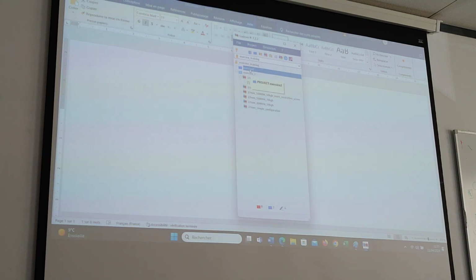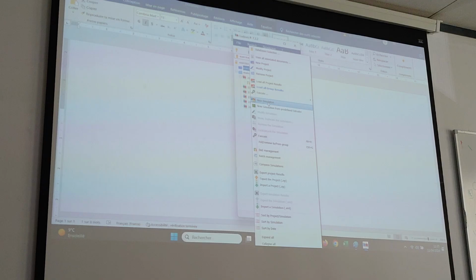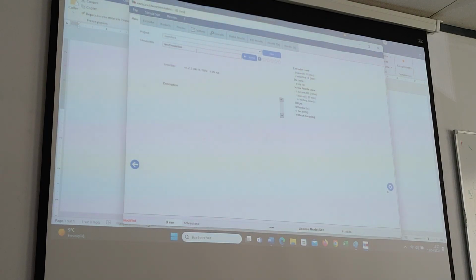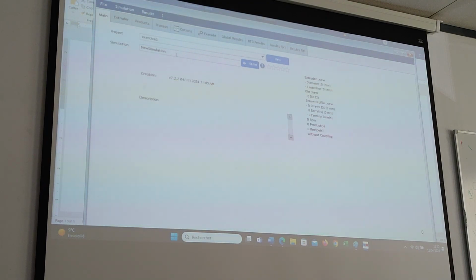And then to create a new simulation, you right click on exercise 2 and click on new simulation. For now it will just be named ZSK50, but we will give it a more accurate name later. So I just change the name.